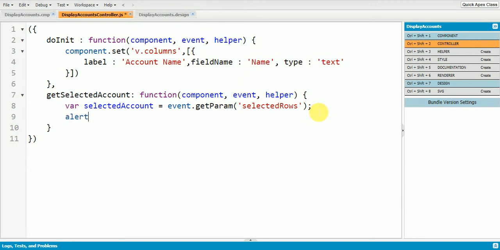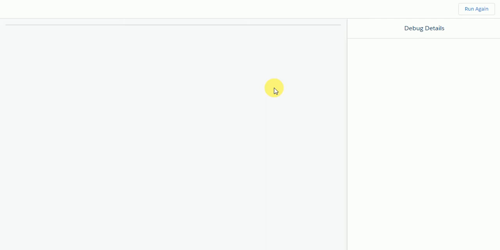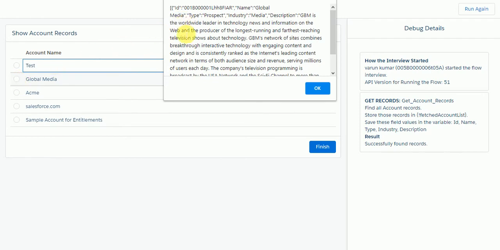Now I'm gonna alert this selected account. I'll just print this. Yes. Now just refresh your flow here and just click on debug. Click on run. And if I select this account, you can see all the details which are printing here. So basically